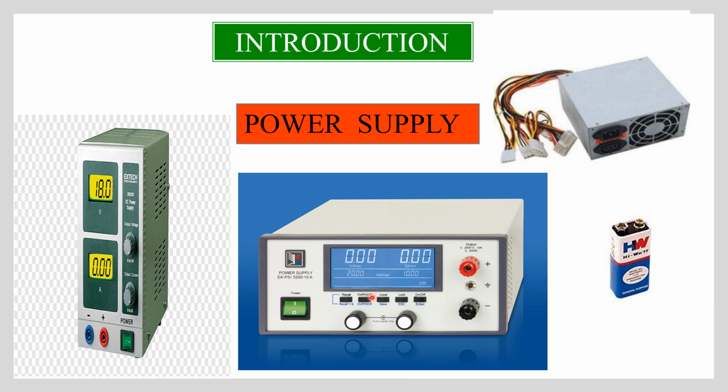DC power supply is one of the most common circuits you will find, so it is important to understand how it works. Here you can see a DC power supply which generates a DC voltage, and this is a computer SMPS, that is again a power supply. The voltage produced is used to power all types of electronic circuits including consumer electronics, computers, industry, control and most laboratory instrument systems and equipment.